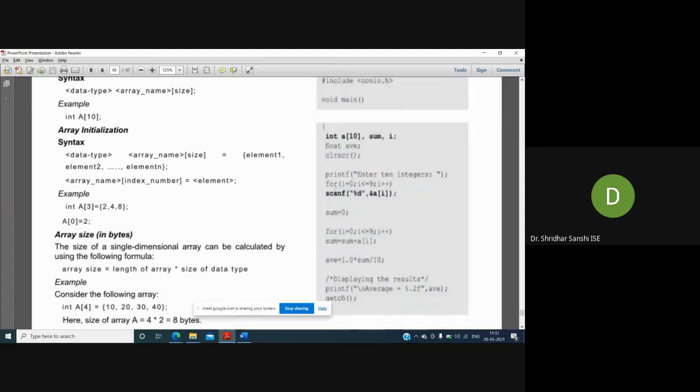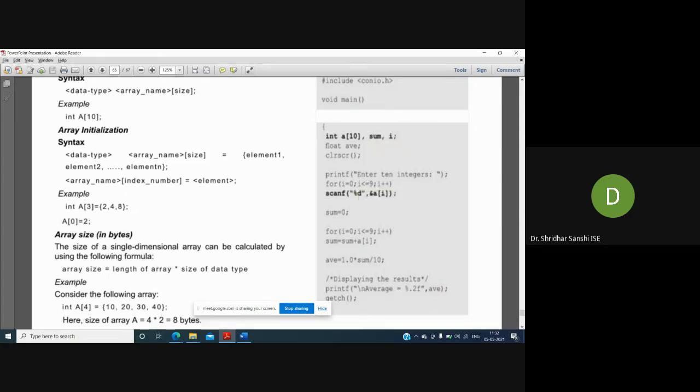Just now I discussed the syntax of the for loop. My array size is 10. The array index always starts from 0, and the maximum index is array size minus 1. That's the reason i is initialized to 0, followed by a semicolon, followed by the condition.